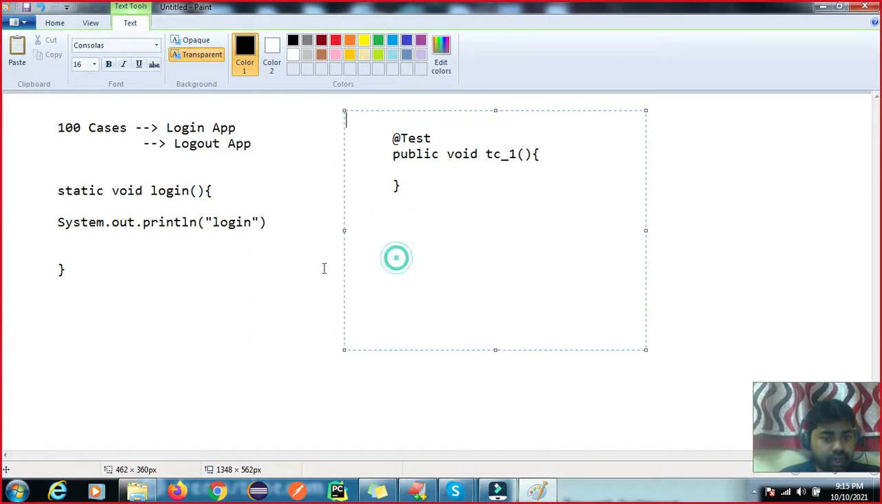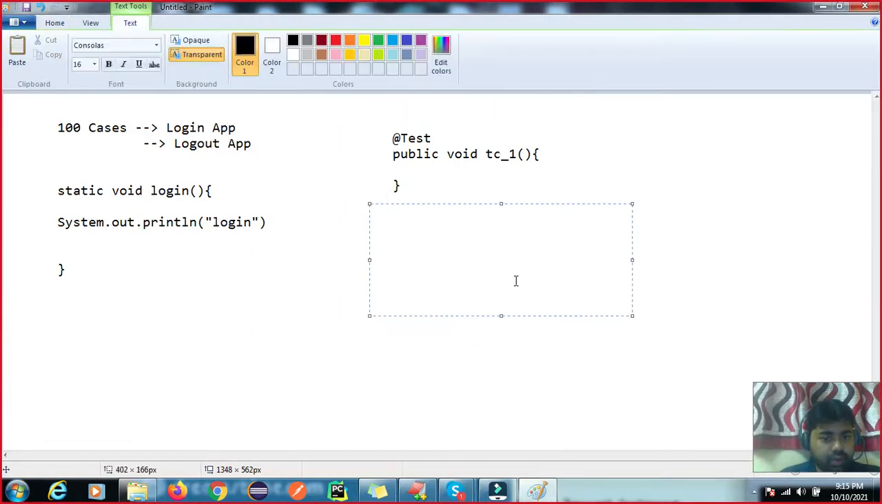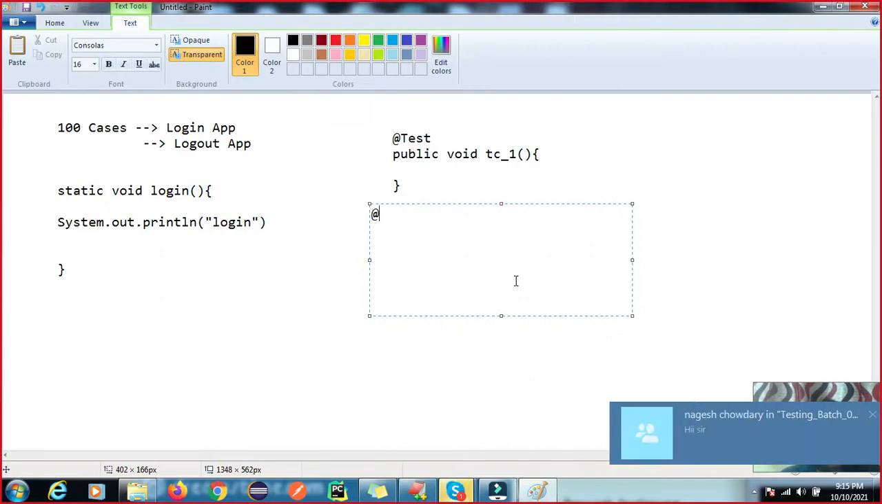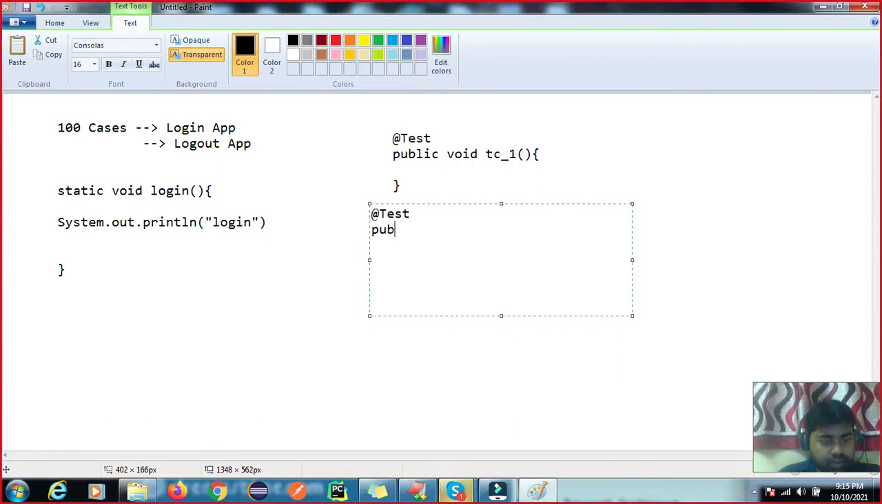Okay, I cannot write here. Okay, again we have the test public void